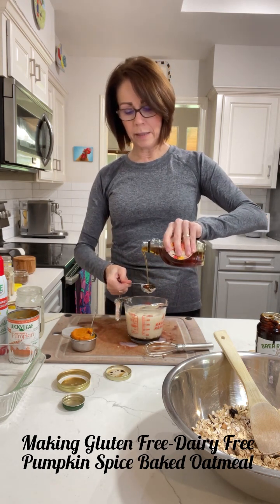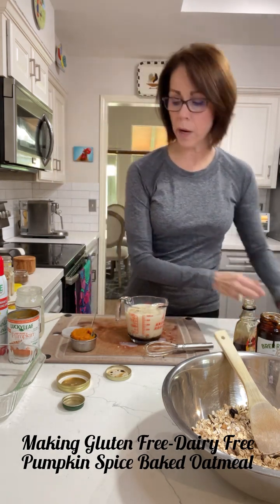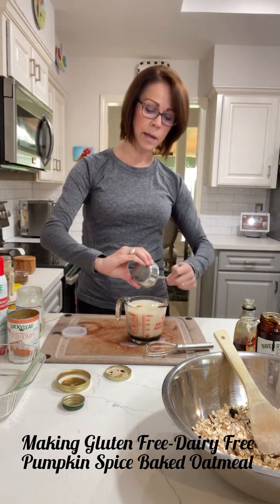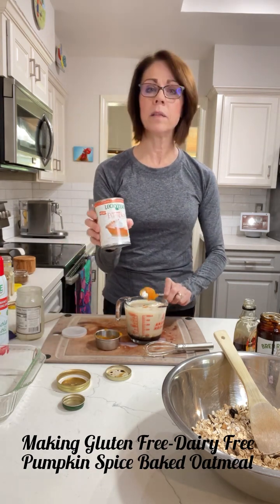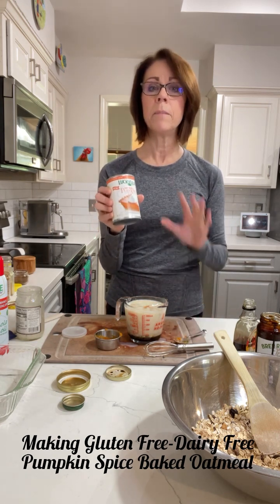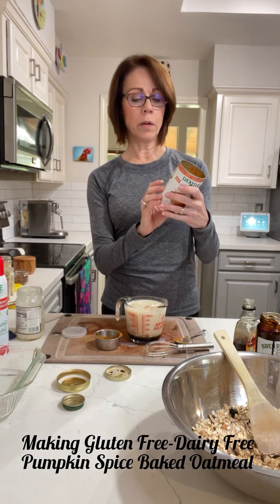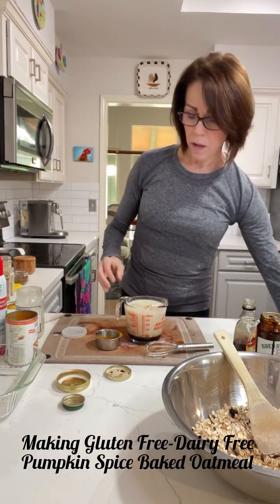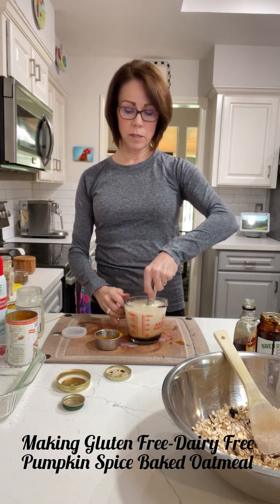And last but not least, it would not be pumpkin spice without the pumpkin puree. So this is just plain pumpkin puree, nothing added to it. This is a less expensive brand than the one most people think of. In fact, it was about half the price, but the ingredient was exactly the same. All you should be seeing in your ingredients is pumpkin. That's it. All right, so I'm gonna mix this together, being a little careful because this is a very full